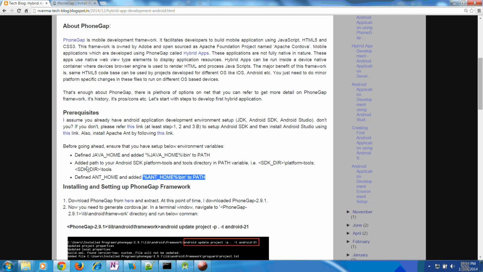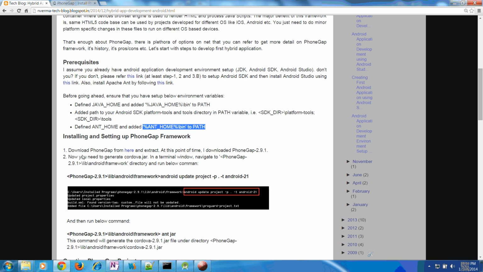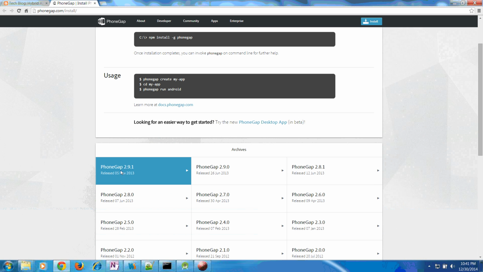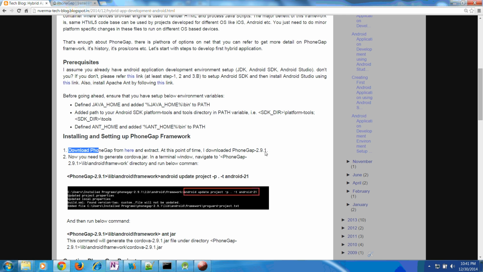So once you have set it up completely, now this is the step to start with installing and setting up the PhoneGap framework. What you have to do first is go to this site and download the PhoneGap framework. When I wrote this blog, I downloaded PhoneGap 2.9.1 to start with. Once you have downloaded the PhoneGap directory, extract it and go to the lib android framework